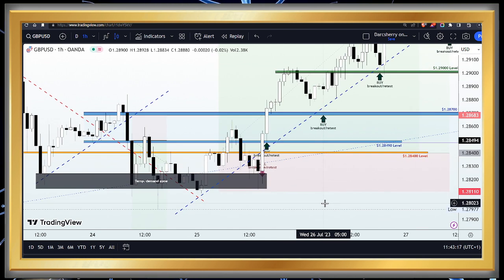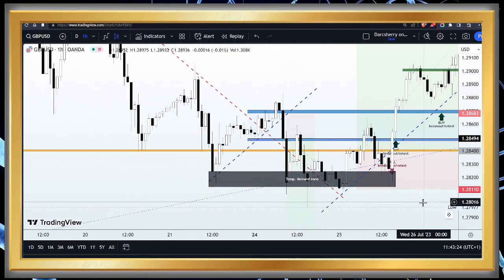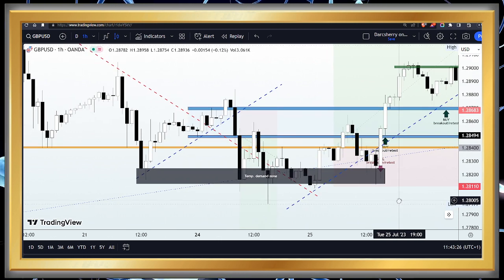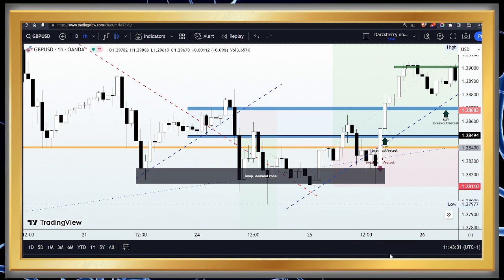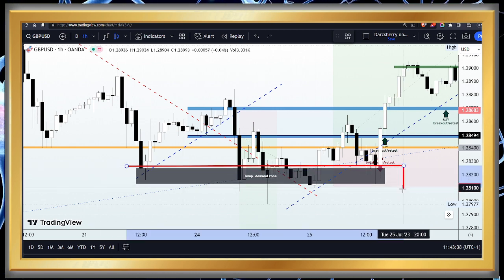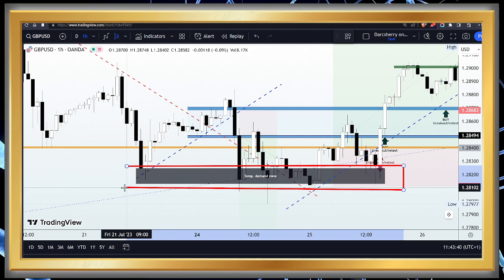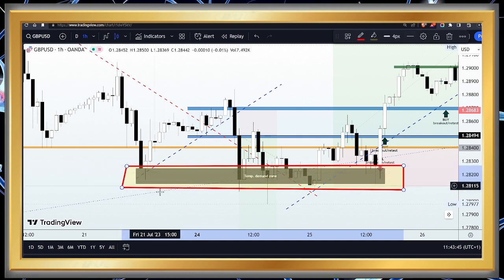Now, on Tuesday stroke Wednesday's trading session, we begin to see something interesting gradually unfold in this market structure. And one of the things we noticed here is that despite the fact that price action started the week on a strong bearish note, we saw how it became difficult for sellers to break through the 1.282 to give us a signal that this area could be a platform for another wave of bullish momentum.